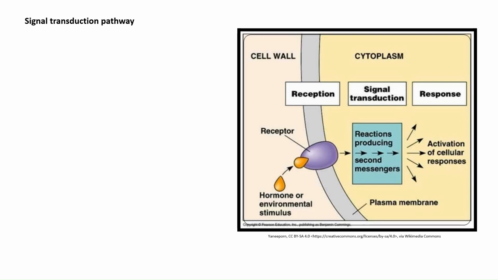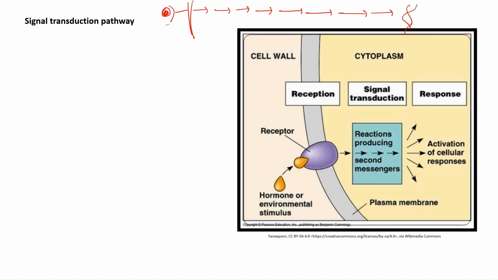Now, what do we mean by signal transduction pathway? It means that as soon as any ligand binds with the receptor present on the surface of the cell, a cascade of signaling reactions will start, which ultimately goes and binds to the gene for its expression. And the expression will depend upon the ligand that bound to the receptor, because the expression is the response against